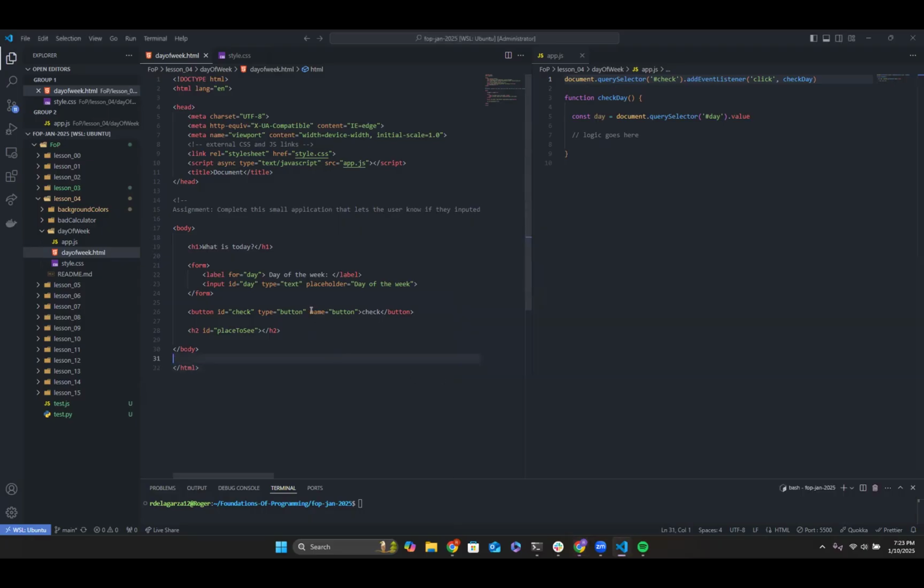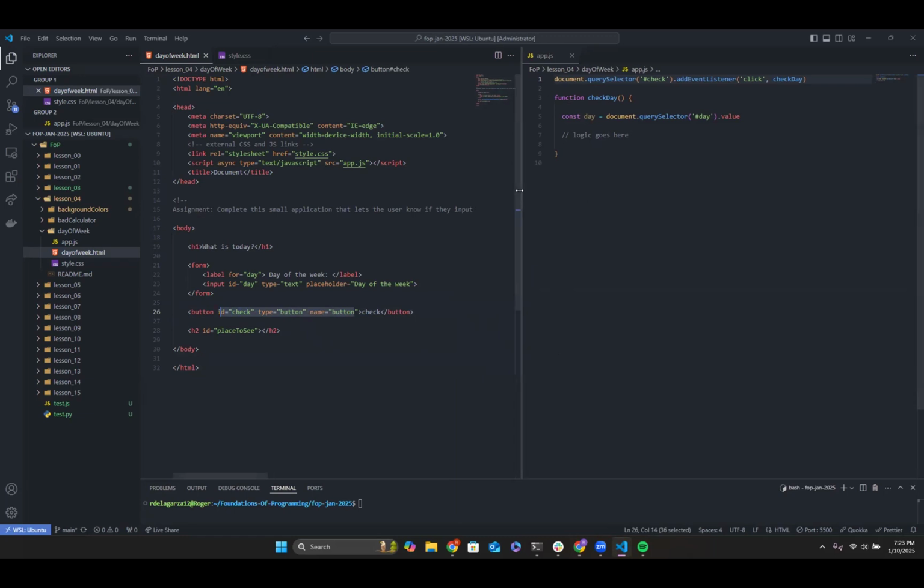And then whenever you press the button, the check, it should be able to do all that logic, right? So we need to be able to grab this button here, and this button is going to have an event listener, and that event listener is going to do something. And you kind of already see it here written out in your JavaScript file. We have a document.querySelector, and it's grabbing the ID of check,